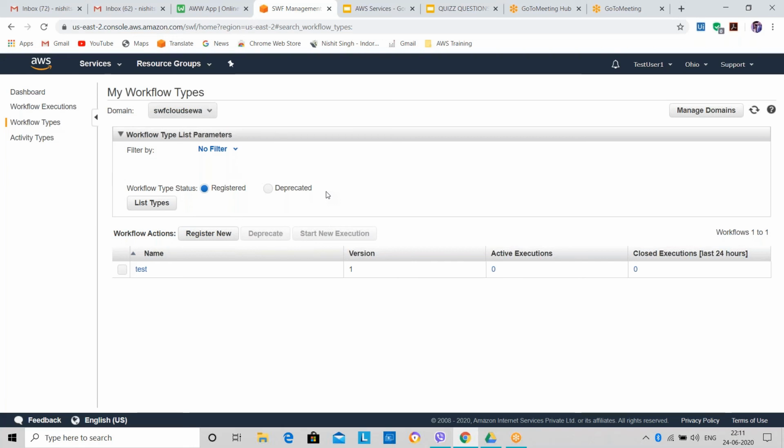No, what you can do is build the process this way: you'll transfer your data from S3 to Glacier. You can build the process here, and whenever you execute it, it will track each and everything.